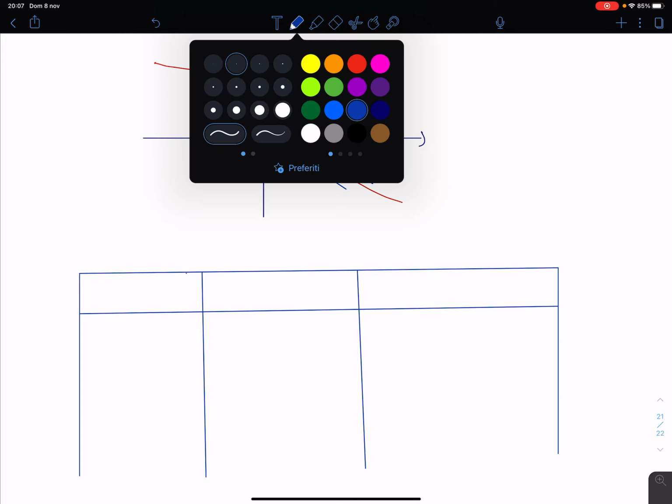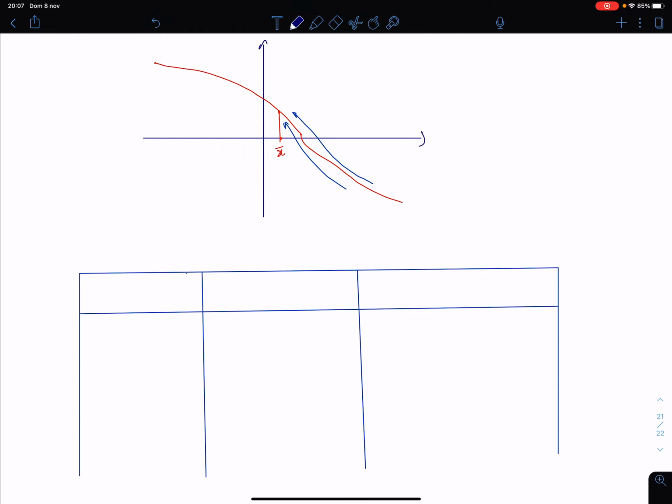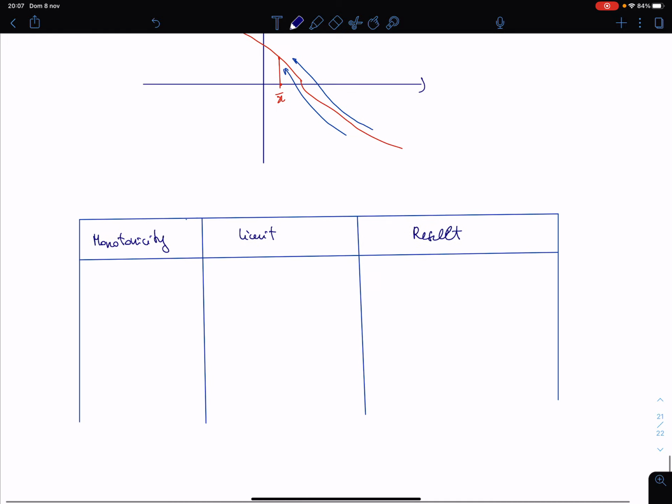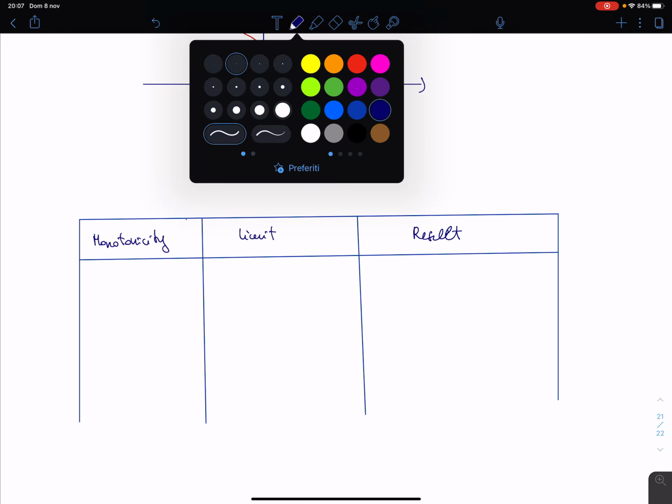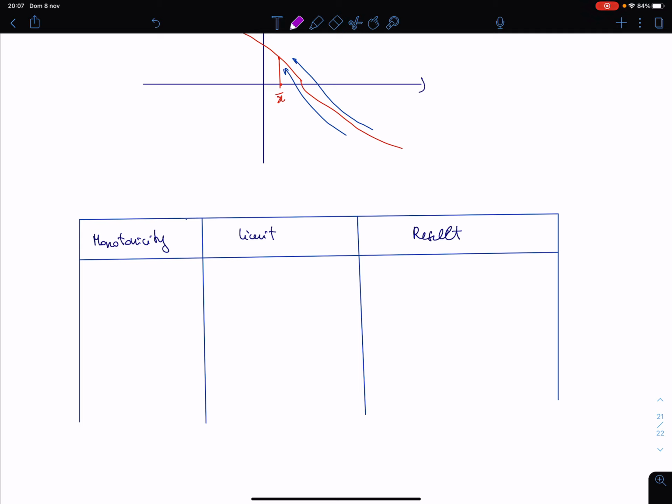So here you can write what is the monotonicity, limit, the result. Size of column is a bit too large, but the monotonicity of the function is increasing, for instance,